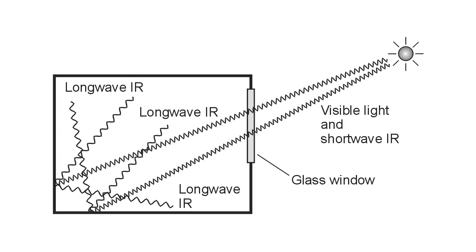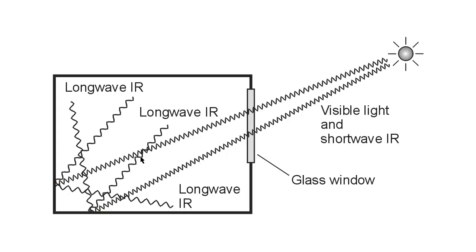Here's an example of passive solar heating. The visible light and the shortwave infrared from the sun comes in through a glass window, and you can have 1 or 2 or 3 layers of glass, and the light and shortwave infrared will still get in. Then you get long-wave infrared coming off of the carpeting, the furniture, and all of the other things in the room that the sun shines on. And this long-wave infrared cannot get back through the glass, so it tends to get trapped,